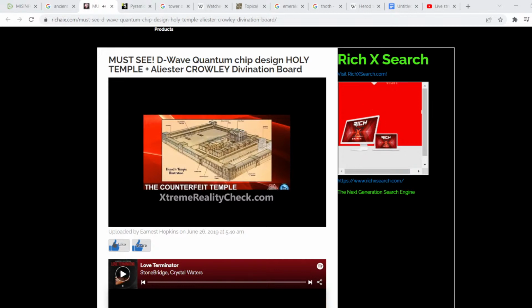He goes into great detail in the article, and I will put two links below to two different shows he did, so that you can listen to him explain it with the graphics. You can see here where they overlaid the chip on top of the temple design, and they didn't have to morph it, stretch it, or Photoshop it. It is laid out exactly the same. So anyway, he goes into great detail.